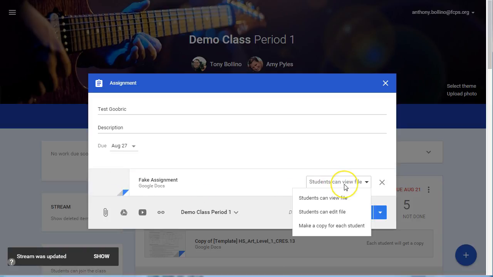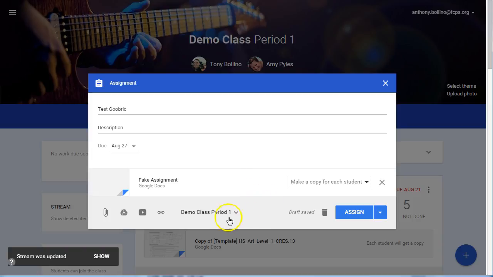And so I need to choose what I want the students to do with this file. I can select that they can view only, which is great if you're giving detailed instructions about what they need to do, or a rubric. Students can edit the file, which is perfect if you want them to collaborate on something or just add to an existing file that you've got. But for this one, I'm going to make a copy for each student because what I want is for them to turn one of these things in. Once I've decided that, I'm going to click on Assign,